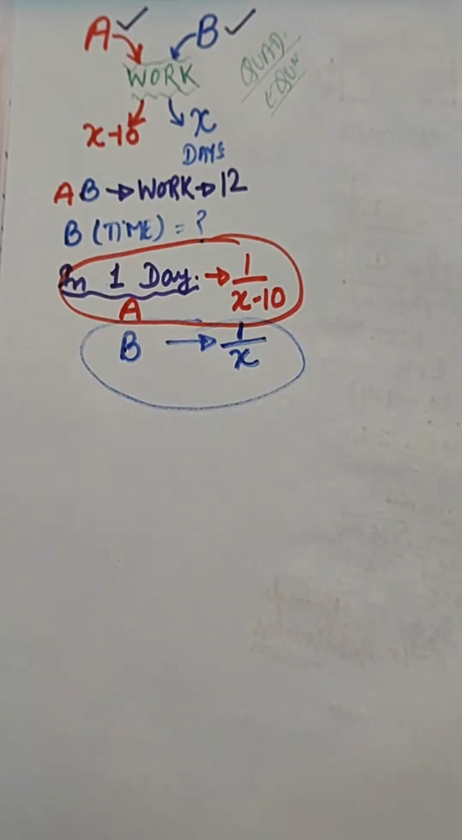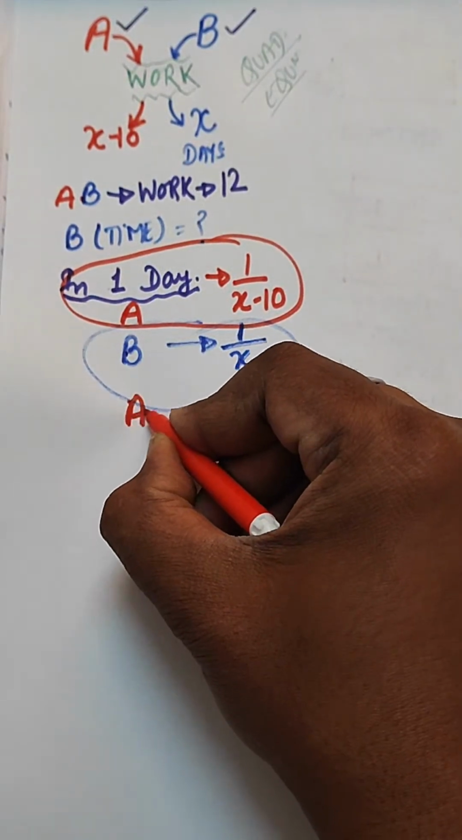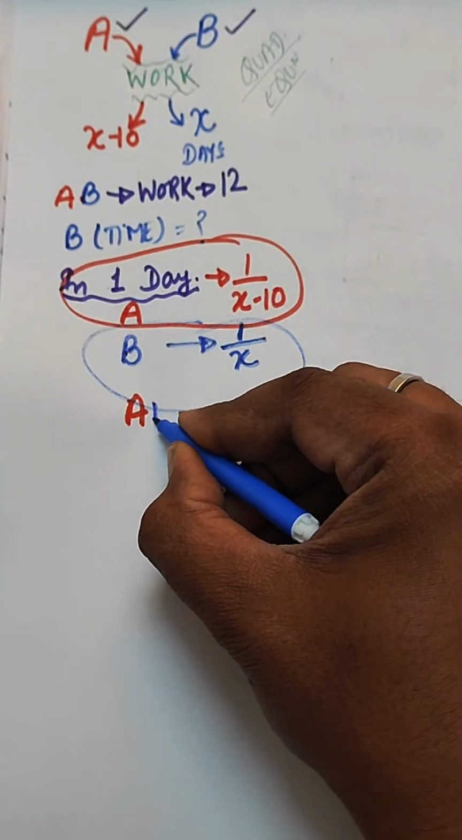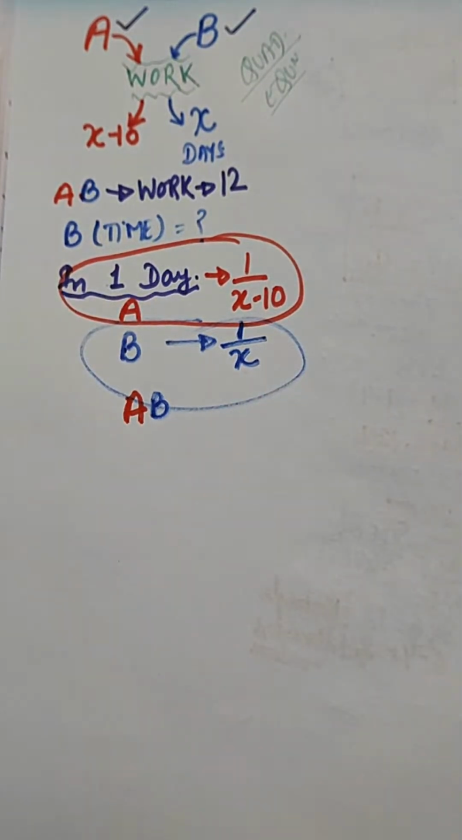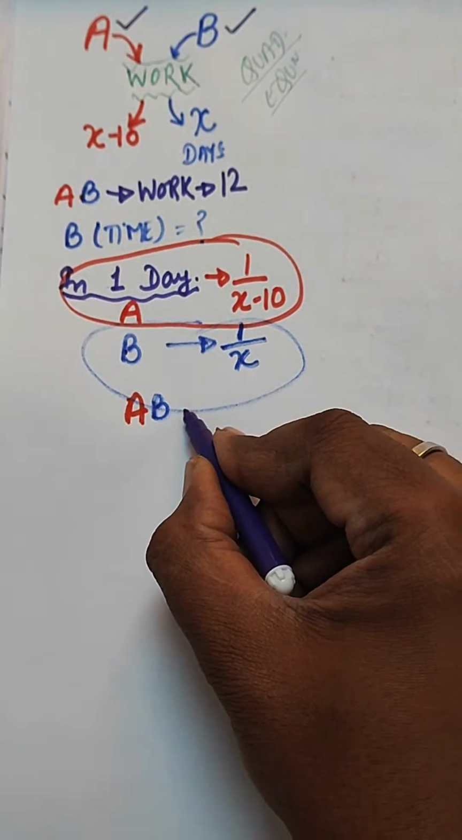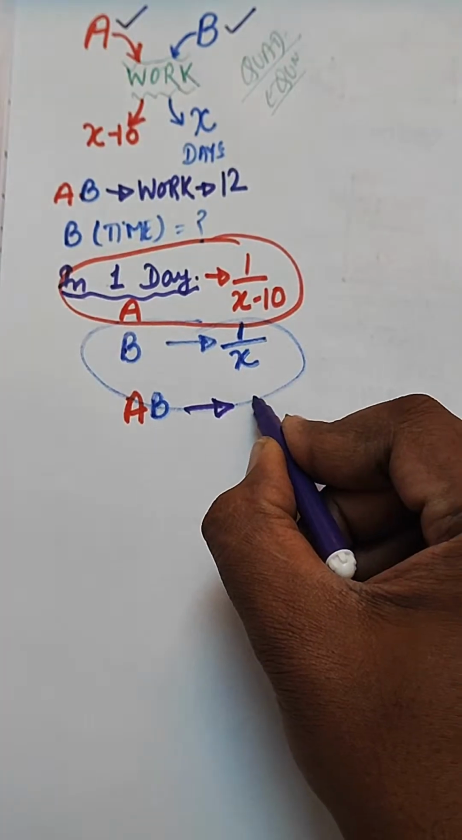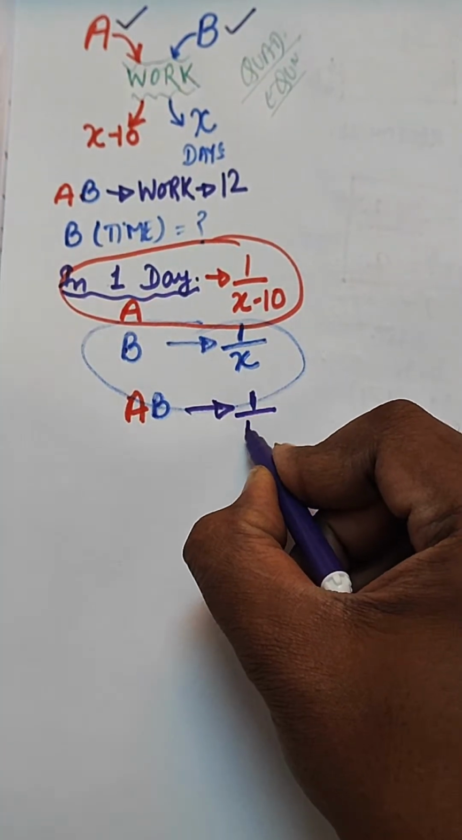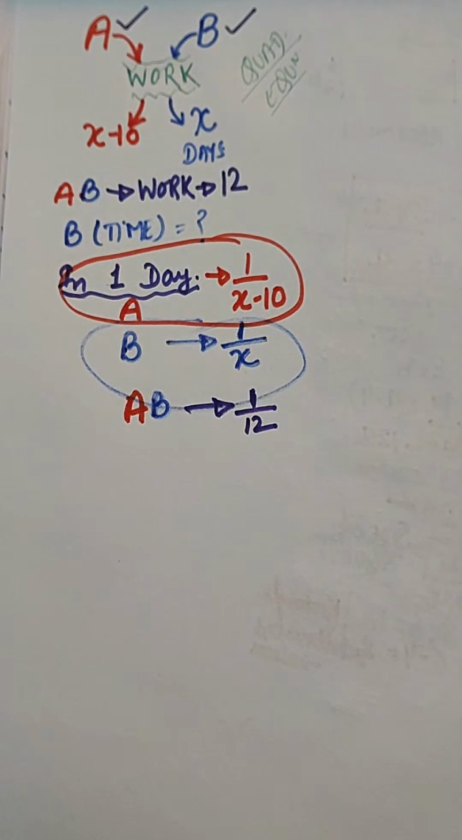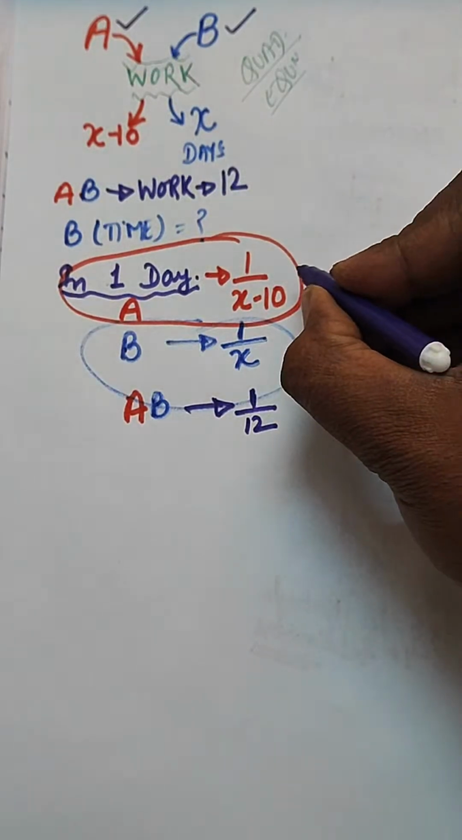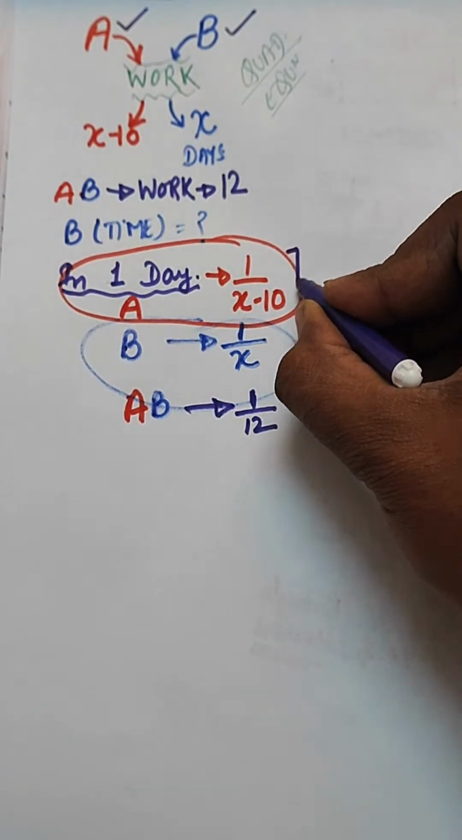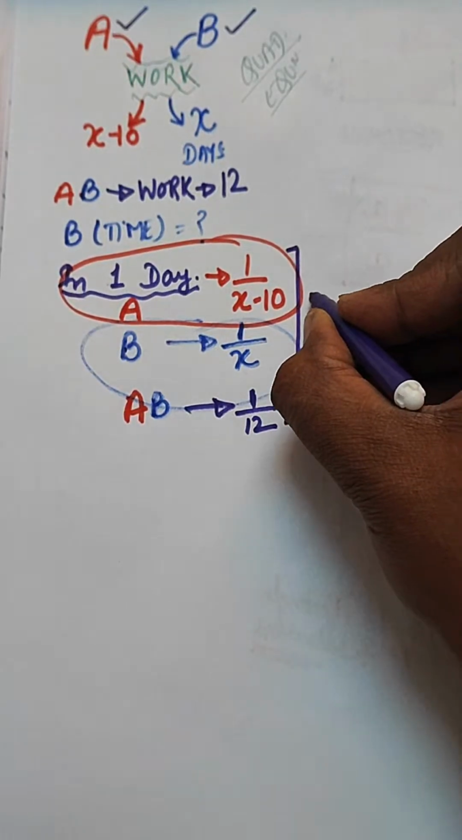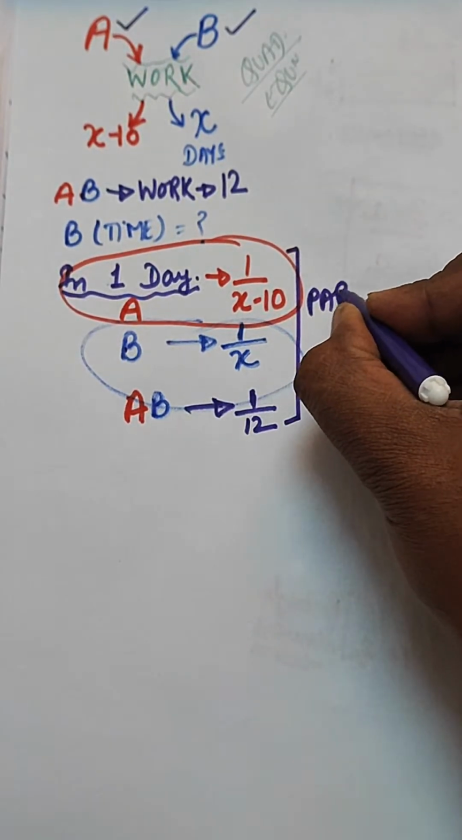So that's why, let me write it like this: AB when working together, in one day they complete the 1 by 12 part of the work, right? This is the part of the work which we are explaining here. The RHS is the part of